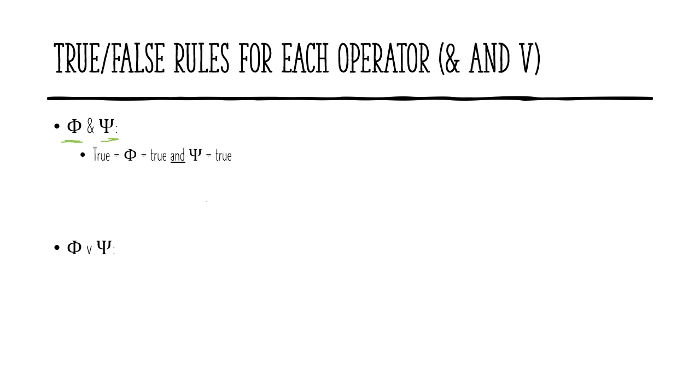Say I want to make the statement, I have pennies and quarters in my pocket right now. I want to say that I have both pennies and quarters. Well, what makes that a true statement? It's true if I do have pennies in my pocket and I do have quarters in my pocket. If I have pennies but I don't have quarters, or I have quarters and I don't have pennies, and I say I have pennies and quarters, then I'm not telling the truth, which gives us the false version of this operator. So this statement saying I have pennies and quarters in my pocket is true if I have both